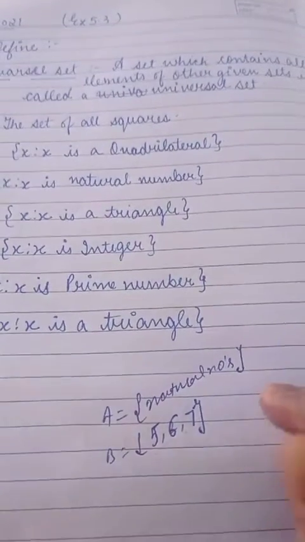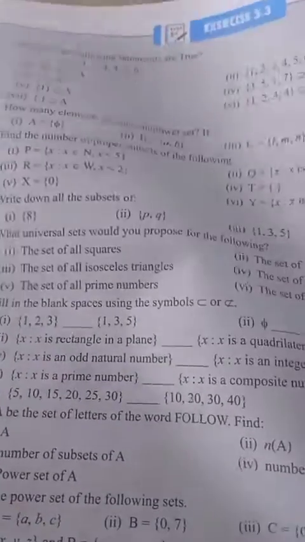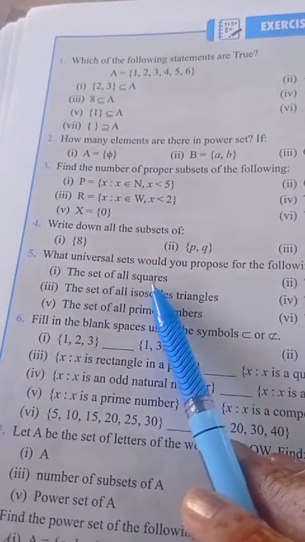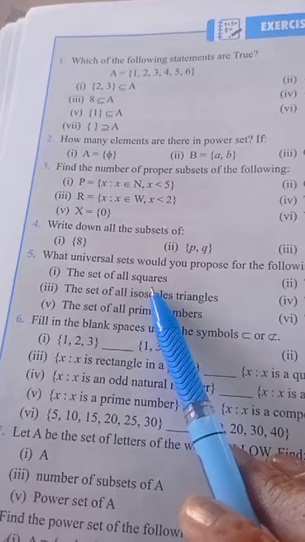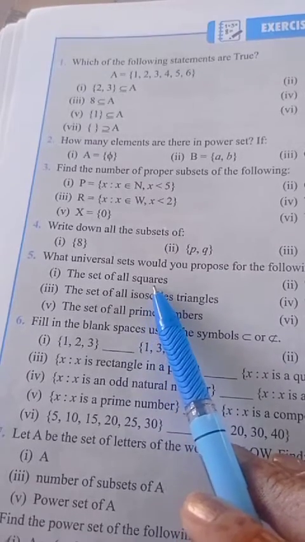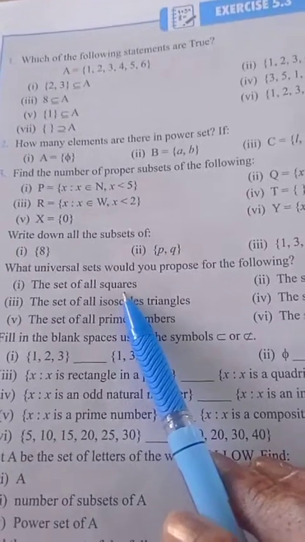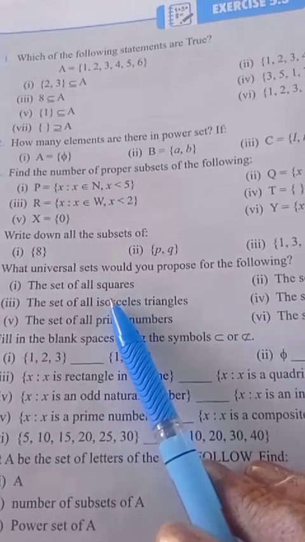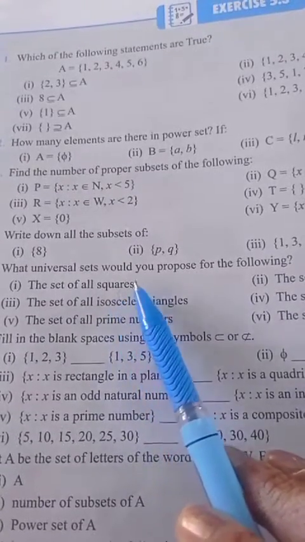So this way we have to find the answers of exercise 5.3. Only one question is in your syllabus, that is question number 5. Let's start now. Question number 5. Set of all squares. You have to write universal set for this. So square is a type of quadrilateral. You know that square is a type of quadrilateral. So universal set for this, what we can write, x such that x is a quadrilateral, because this is type